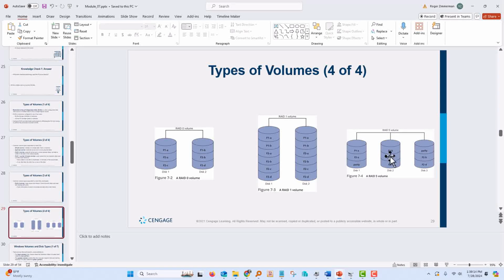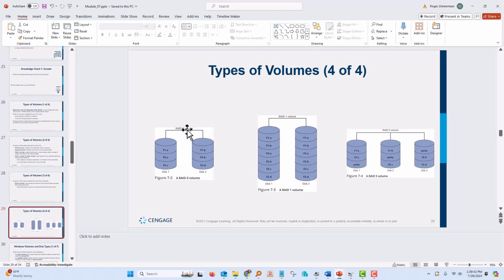And parity is some mathematical magic that allows me to reconstruct data if I lose a drive. So the idea of RAID 5 is that if any of these drives goes bad, I can pull that drive out and put a fresh drive in, and the other two drives will reconstruct the missing data,